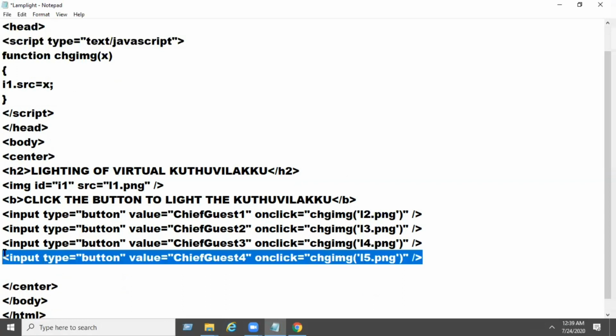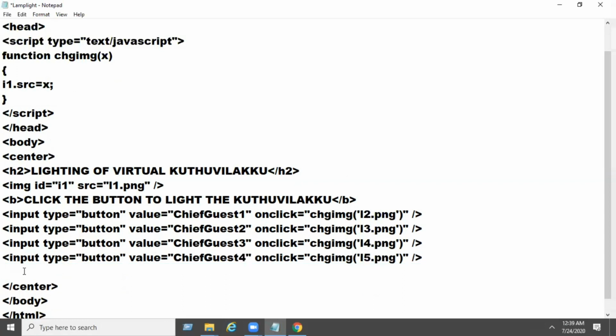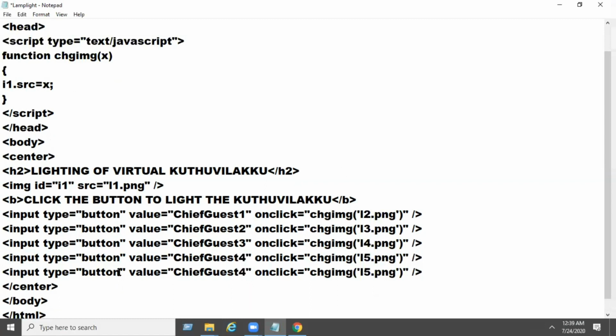Then add one more button called reset to reset the lamp. So input type equal to reset, value equal to reset. On click you need to change to the default image, that is l1.png.